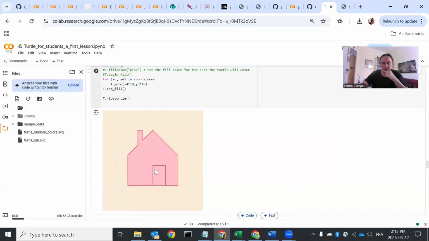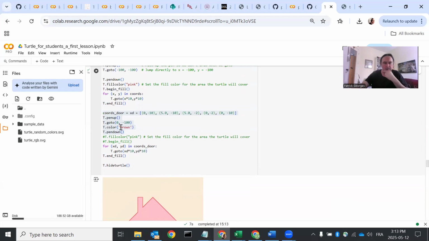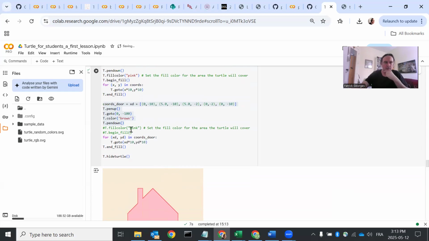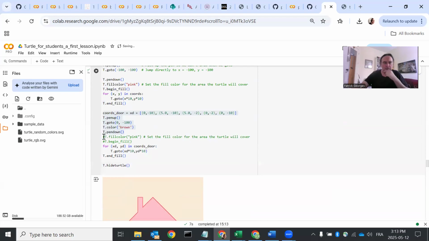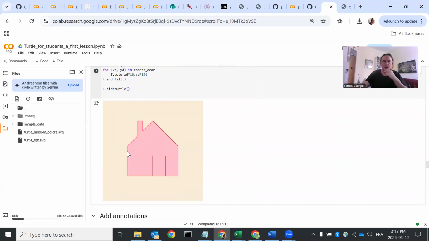And the door is colored in a different color. It's in brown. You can see here the color is brown. You could fill the door as well. I haven't done it, so I can remove this fill from the file. And basically that's it. We have a door